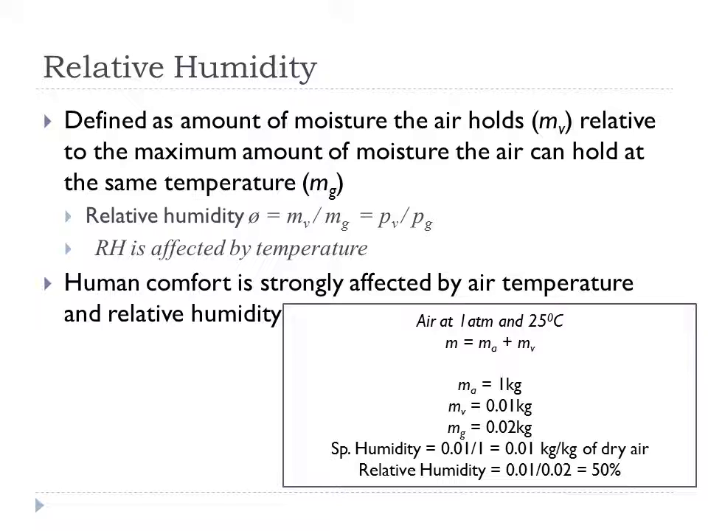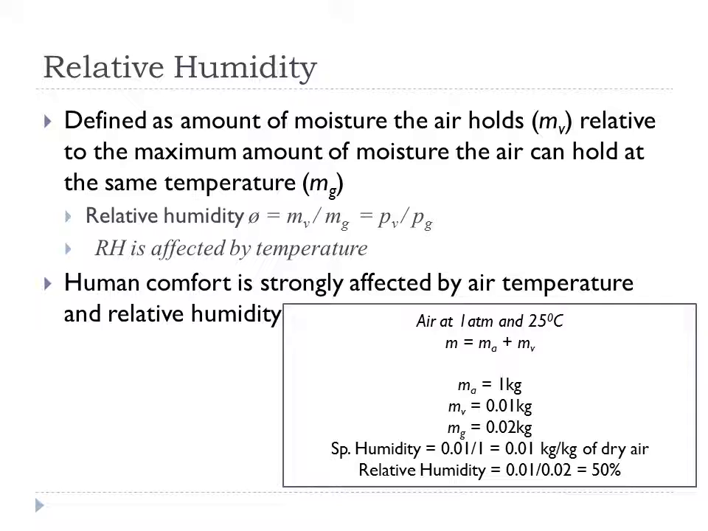Now if Ma is 1 kilogram and moisture mass Mv is equal to 0.01 kilogram, and suppose the maximum amount of water vapor that this air can hold is 0.02 kg, then specific humidity or humidity ratio would be given as the mass of water vapor actually available in the room, that is 0.01 divided by 1. So it is 0.01 kg of water vapor per kg of dry air,